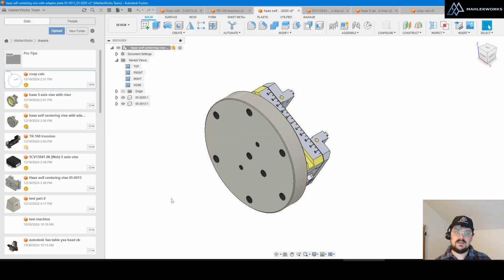Fusion 360 pro tip. If you've ever been looking at your list of files in your data panel and seen that the visual representation of your file is facing the wrong way, making it difficult to tell exactly what file this is, I want to show you how to fix that. So what we're going to do is open up a file,